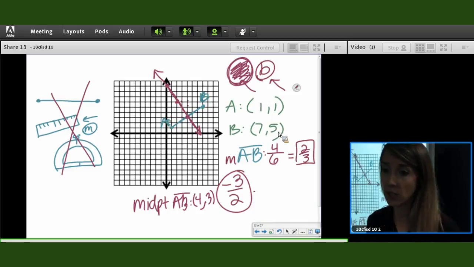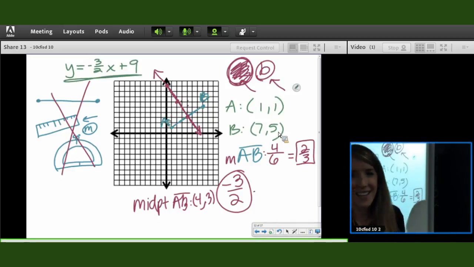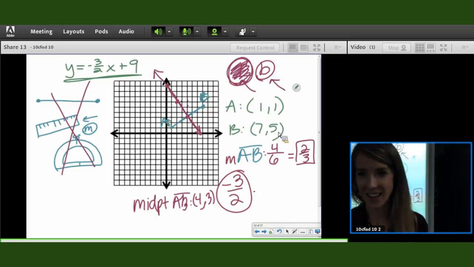Let's write the equation because that'll happen on your test. Y equals mx plus, what's b? We're lucky, it's a nice whole number. When we graphed it, it intersected our graph right there at 9. Y equals mx plus b. Okay,